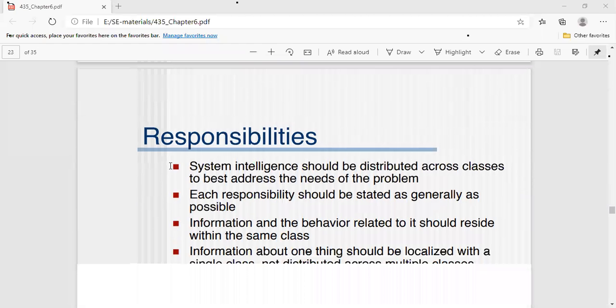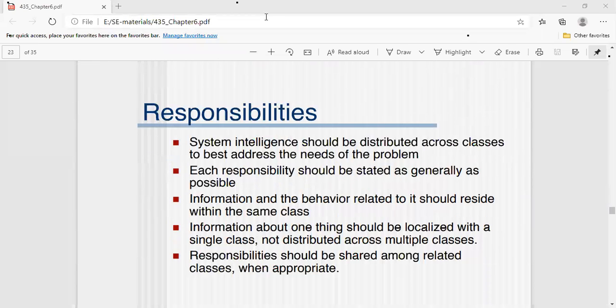Now, if you see the responsibilities, the first point is simply an action. An action performed by that particular class, or demanded by the particular problem statement, isn't it? That is called the responsibility here.